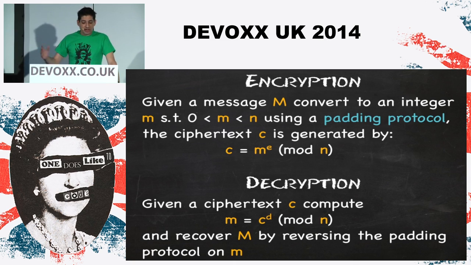And then we just generate the ciphertext by doing the calculation of raising this number that we've got from converting this string into a number to the power e, which is part of our key, and we take the modulo of n, again part of our key, and that gives us c. And we send c over the internet. And Bob gets c and just basically reverses it, because he's got the other half of the information that makes this simple. He's got d and n.